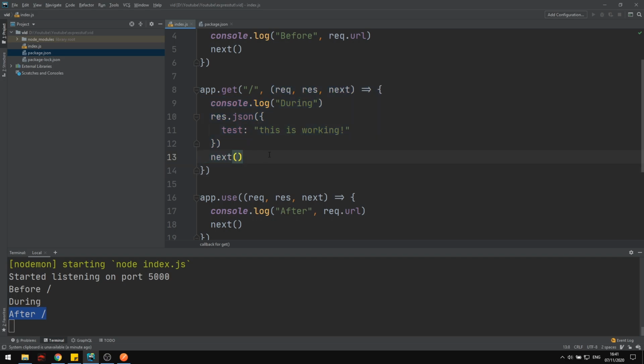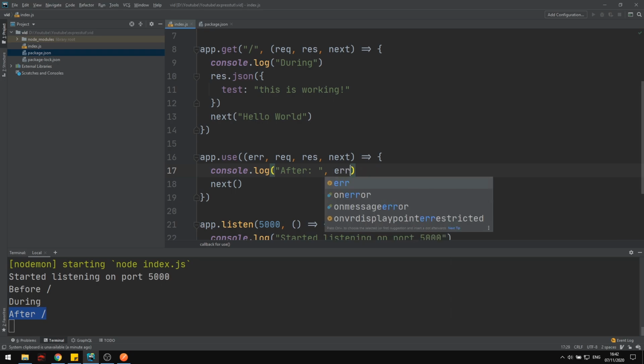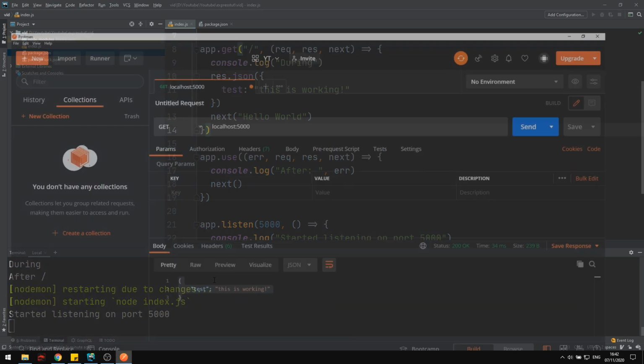Alternatively, one more thing you can do is add a message here and pass it to the next function. Here's what I mean by that. If I add in a new parameter here, and I call it error, the function signature is now a little bit different. We have error, request, response, and next, where error is going to be whatever you put in here. So if I say hello world, and then change this to be error, we save that and run it,